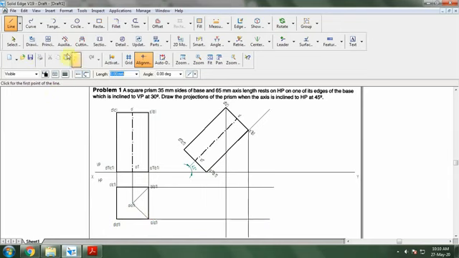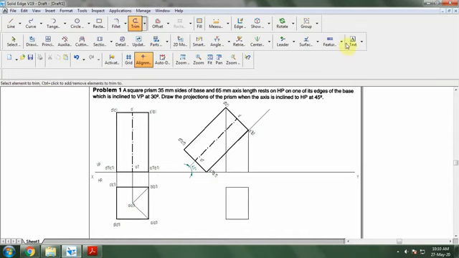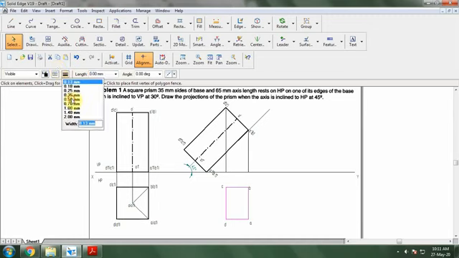Once you've done this, go for trim and trim off the unwanted things. Now I'll go for text and name this: A, B, C, and D. So this is completely visible. I'm going to make these lines 0.5 mm.